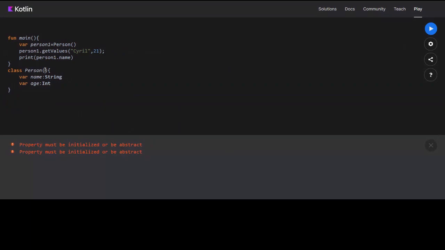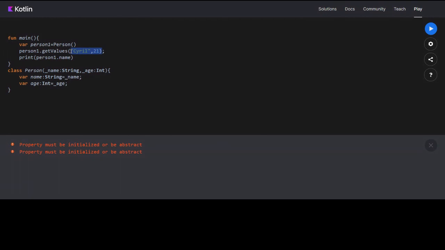Okay, so take values through the constructor. Let's say name equal to string comma age. Name equal to name, age equal to age. Oh, I think it should work.